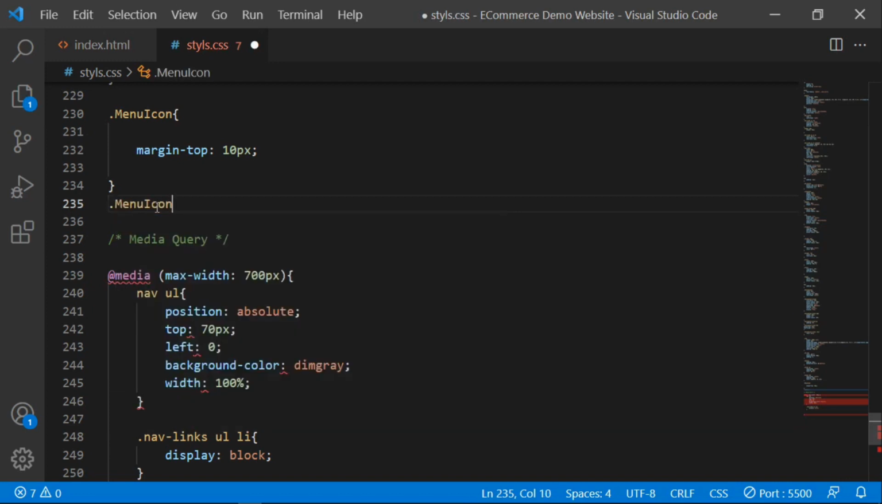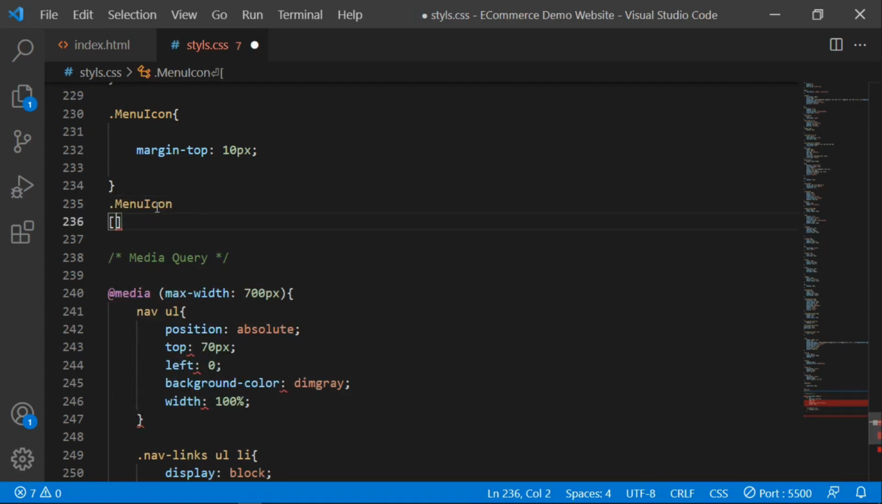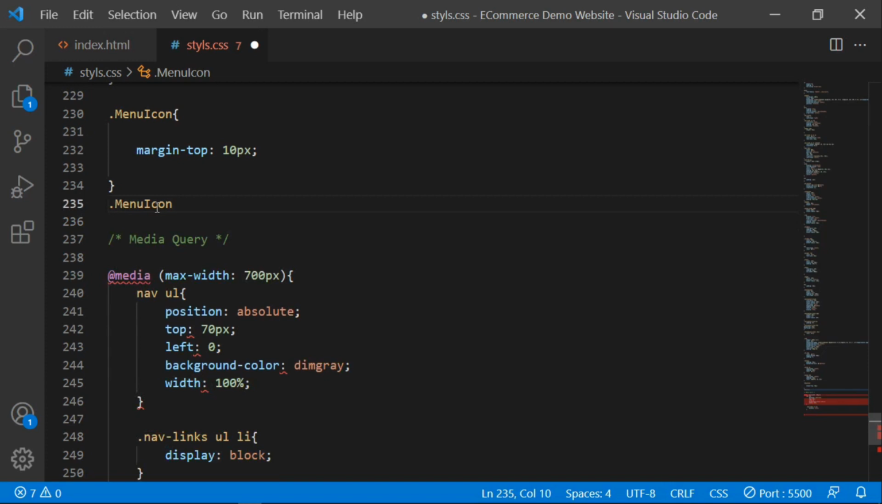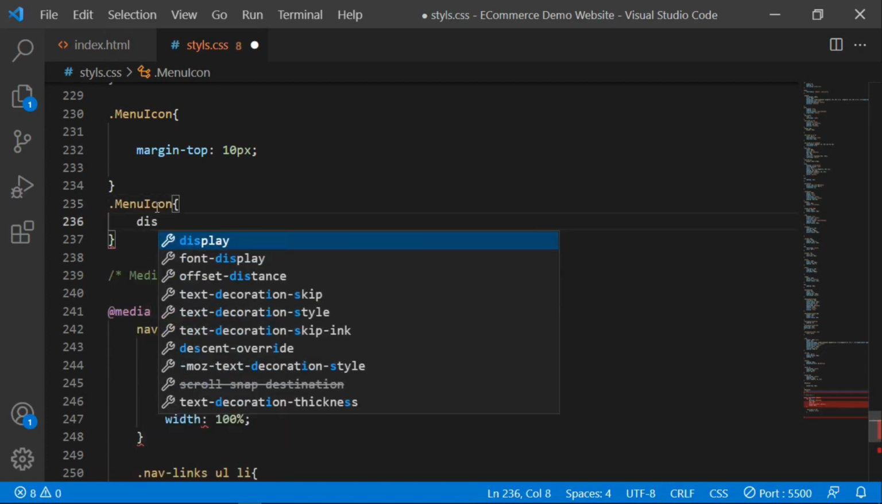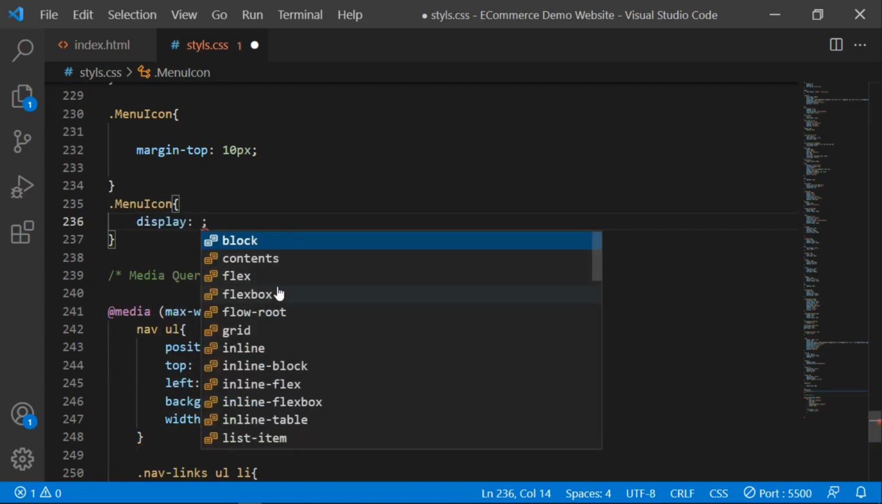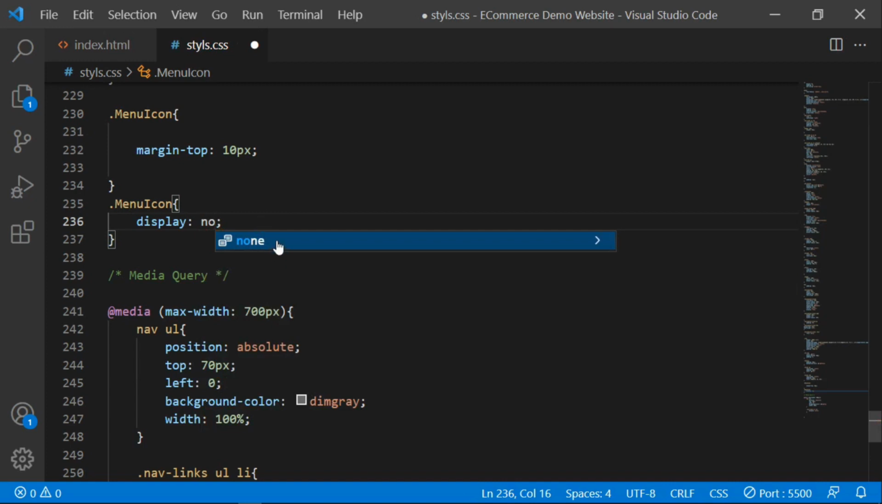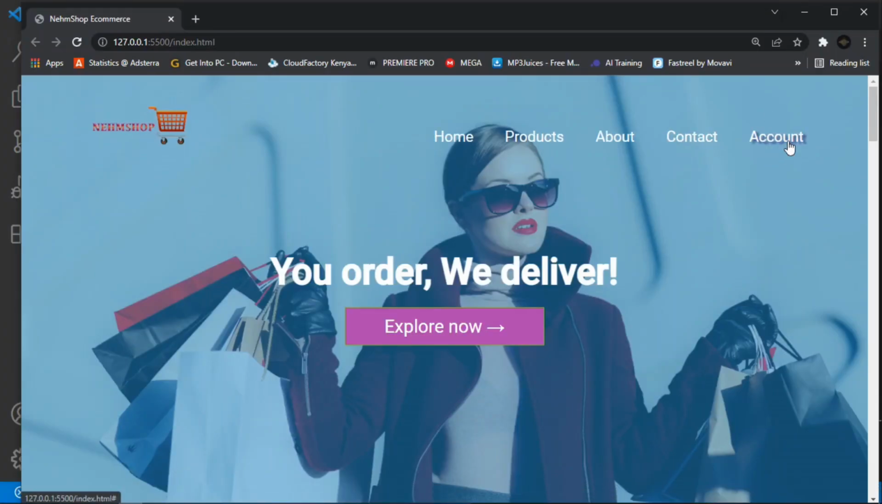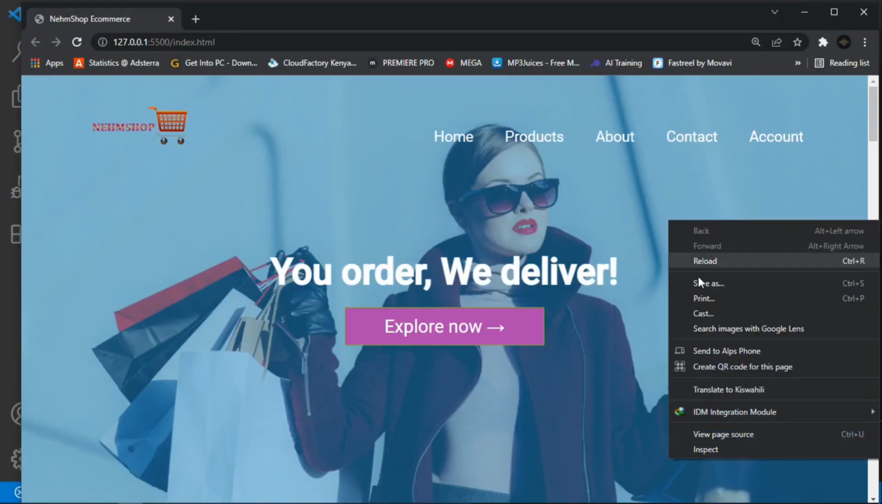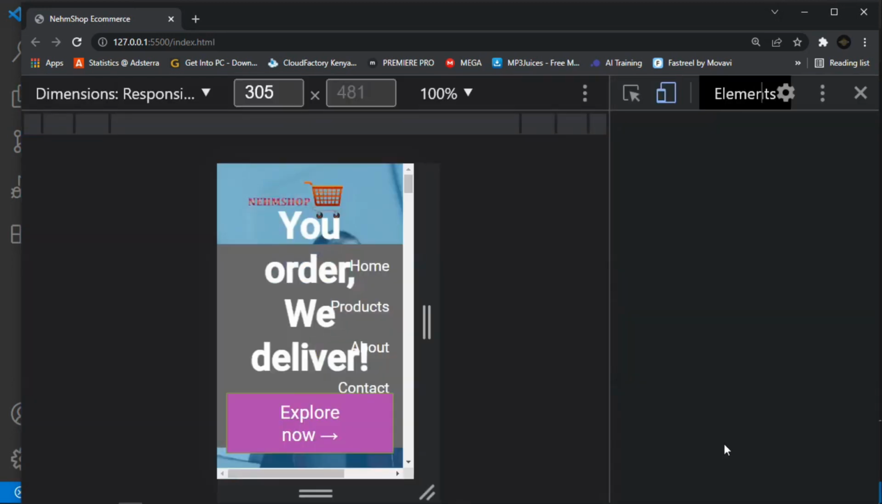dot menu icon. On the larger screen, I'm going to make it display none. So let me say display to be none. Let it display none. So let me save, and then I'll go to the browser. So guys, you can see now it is displaying none on the larger screen, but now on the smaller screen, guys, you can see